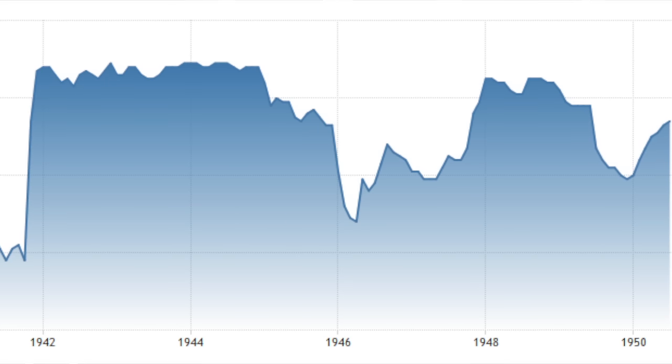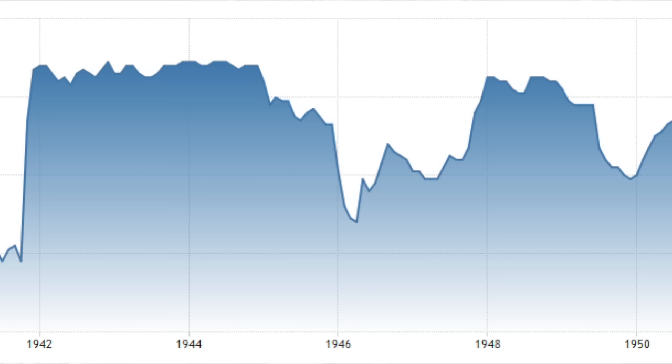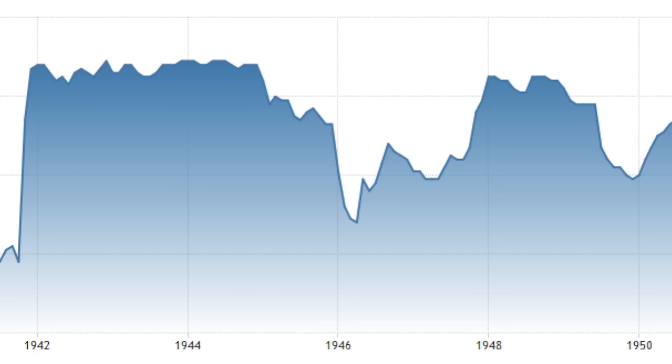And then, as you can see, as the war draws to an end, 1945, 1946, the 10-year yield drops back towards 2%. I would say it drops just to around 2.10. It makes a bottom there in 1946. The war is over, and so I'm going to take 1946 as a low there for the 10-year yield, low for the cycle, because the war has ended, right? And then the low is around 2.1% in